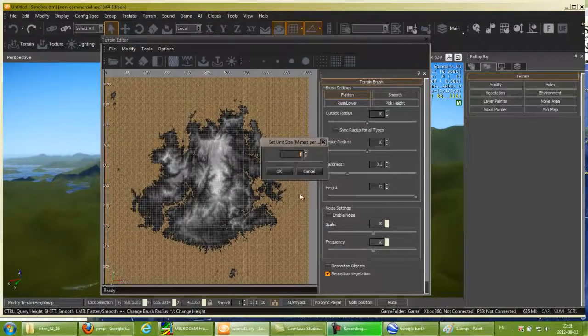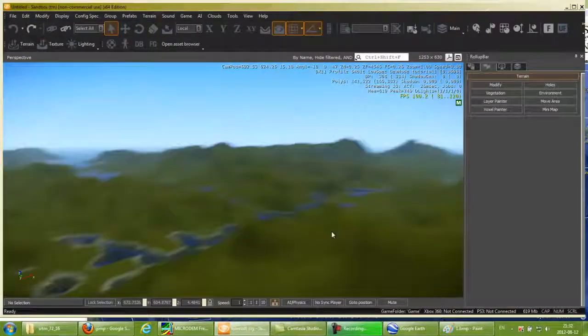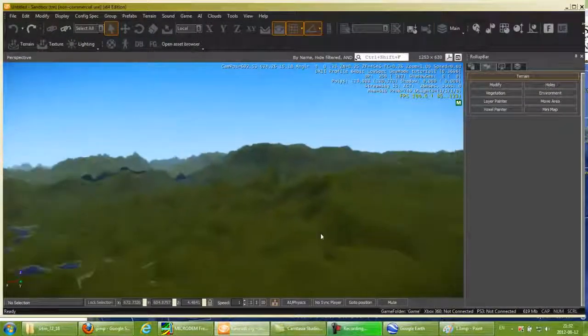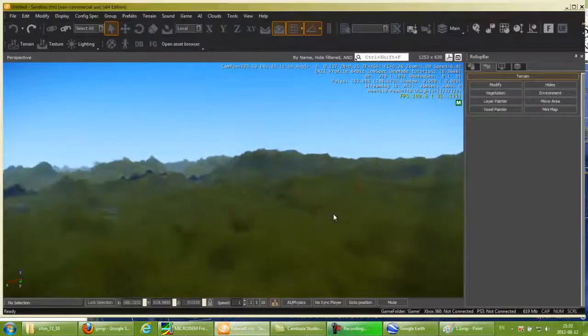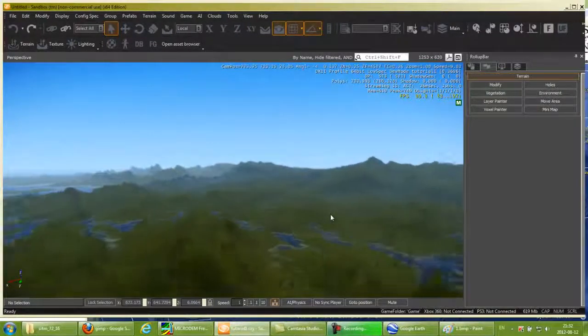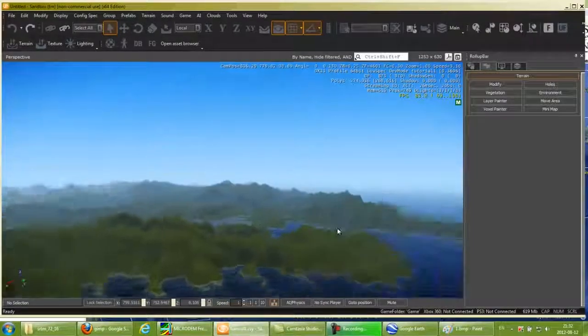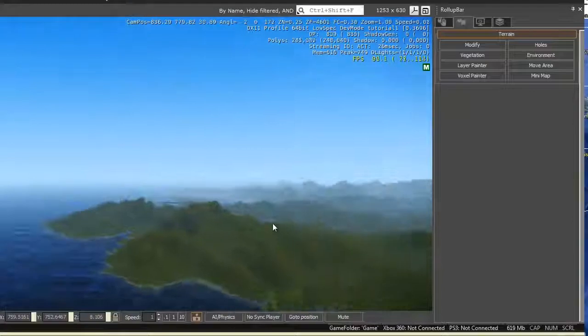Here you can select whatever you want. So it actually needs to work a little bit if you want to have more natural terrain. But now we can say that we can have pretty natural terrains,